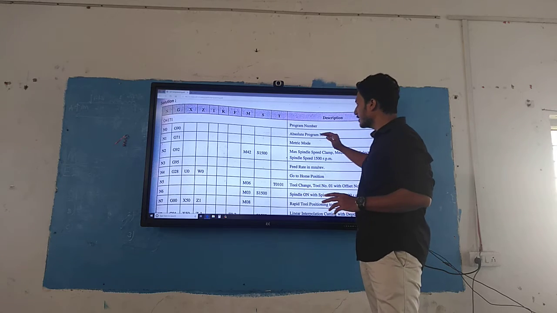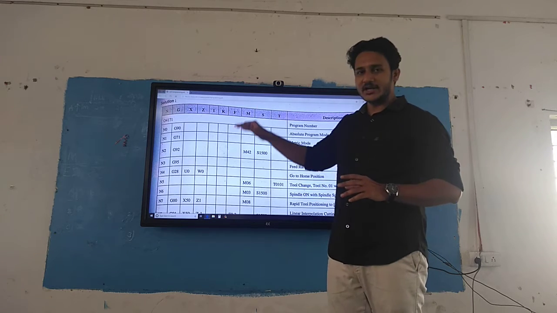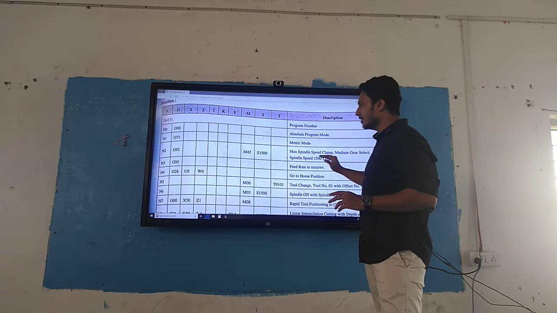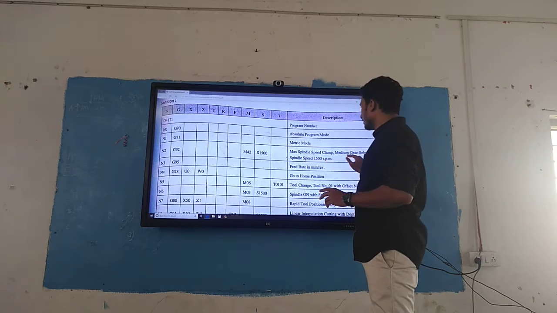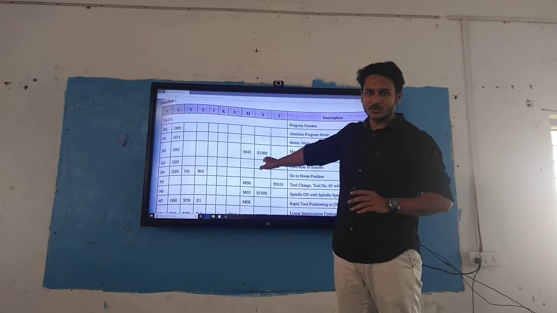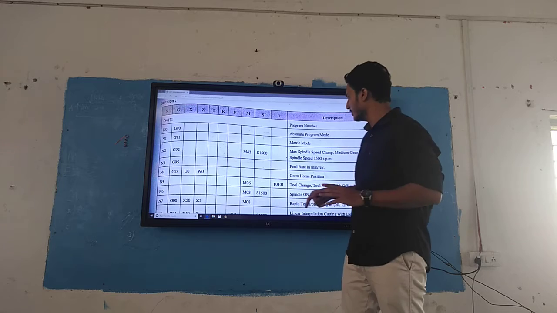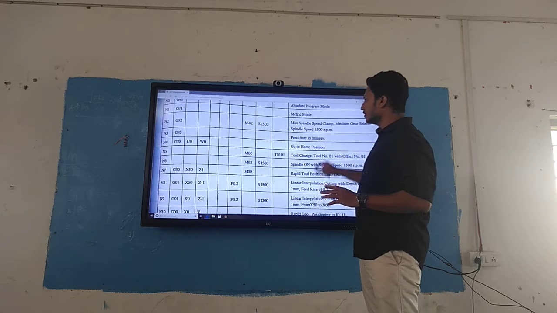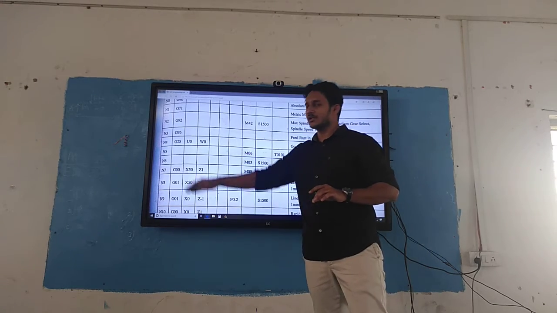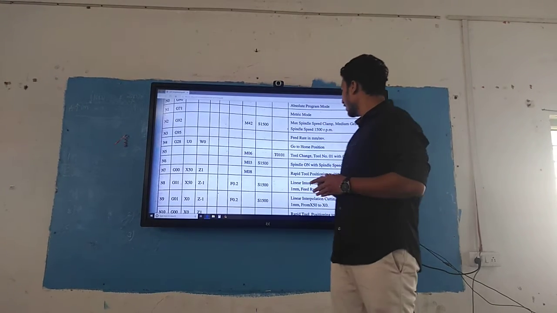You have to keep it to the absolute programming mode G90, metric mode G71, spindle you need to on G91 with a medium gear 42 with a spindle speed of 1500 revolutions per minute, whatever your spindle speed will be. Okay. So you need to give the feed rate. You have to start it up down. So G95 for that one.